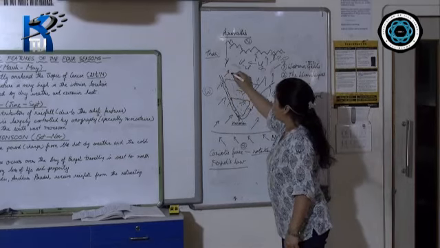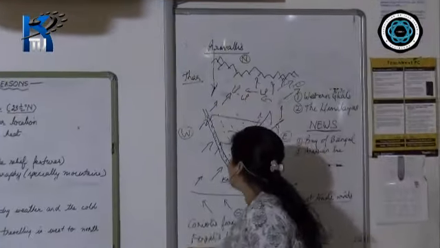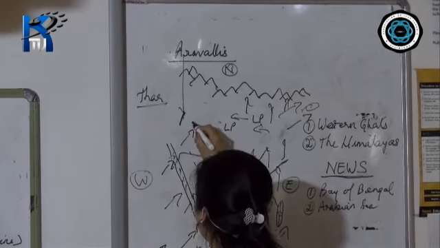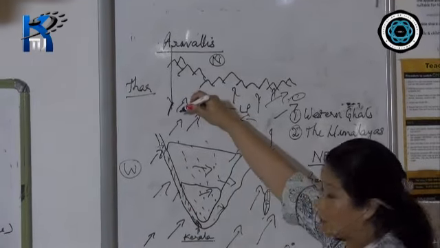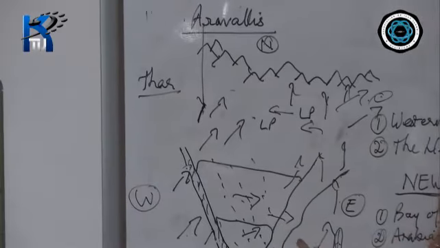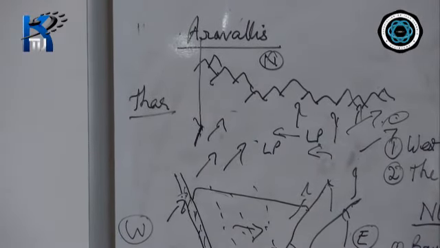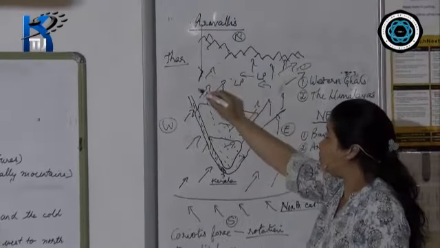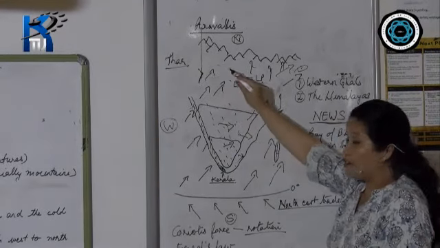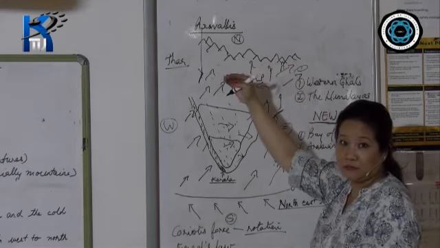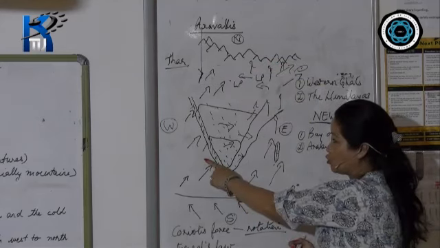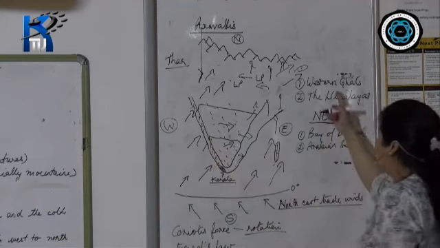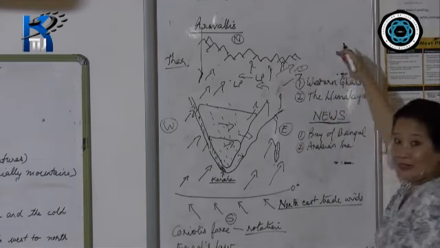Now, the Arabian Sea branch, if you look at this part, the Aravalli Hills and the Arabian Sea branch of the southwest monsoon run parallel to each other. So this is exactly what I told you. For any rain-bearing winds, you need a solid barrier, like we had in the case of the southwest monsoon winds over here. It hit against the Western Ghats, which acted as a barrier. Up here, as it came, the Himalayas acted as a barrier.